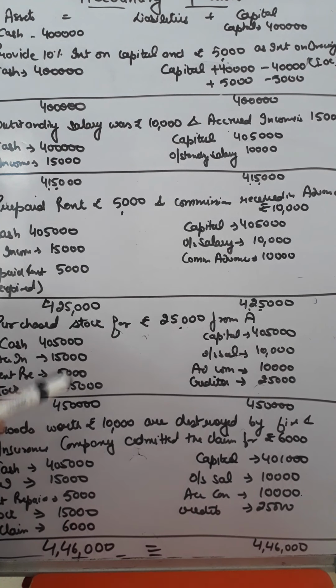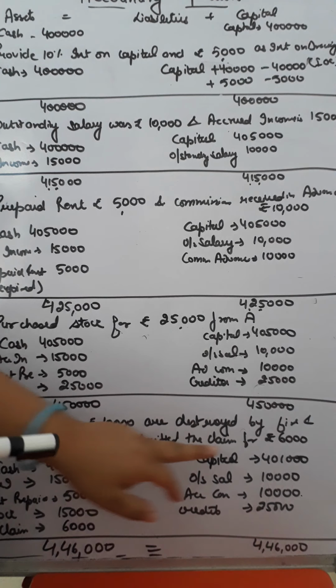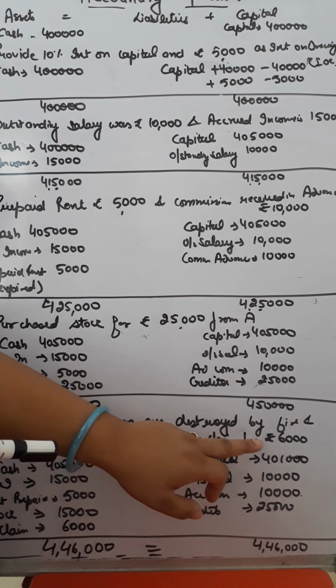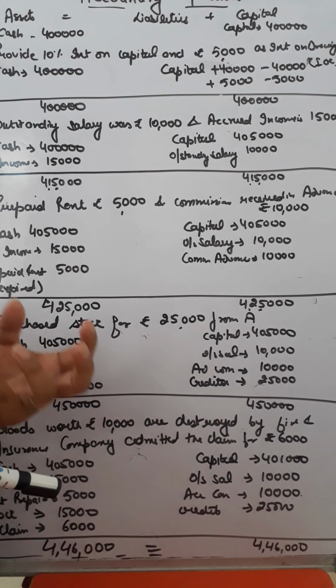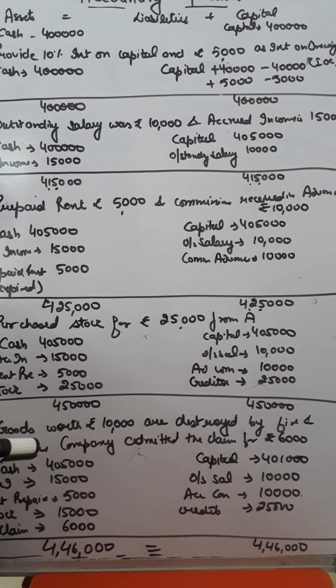Goods worth rupees 10,000 are being destroyed by fire, so they are going out. So your stock will get reduced by 10,000. Insurance has admitted a claim for 6,000. So this is an asset, because the insurance company is going to give you money in the coming future. So the insurance claim will become your asset for 6,000. Now the net loss of 4,000 will be deducted from capital. So whether your goods are insured or not, whatever your loss is, it will be deducted from capital. Goods are destroyed, so they will be deducted from goods. If an insurance claim is being received, then it will become your asset.